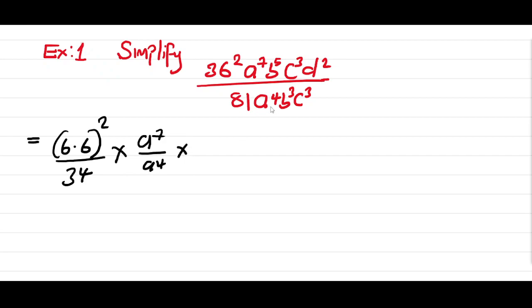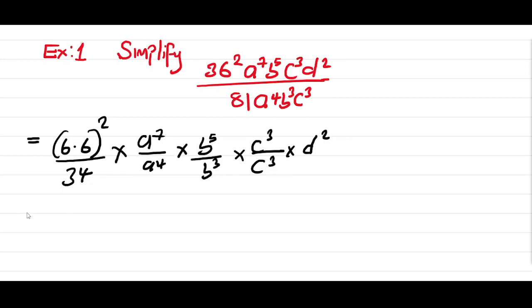You multiply it by b to the 5th power, divided by b to the 3rd power. So we will now have for the c part, c to the 3rd power, divided by c to the 3rd power, and then we have d squared. The reason we separated it this way is that we want to cancel out some common factors in numerator and